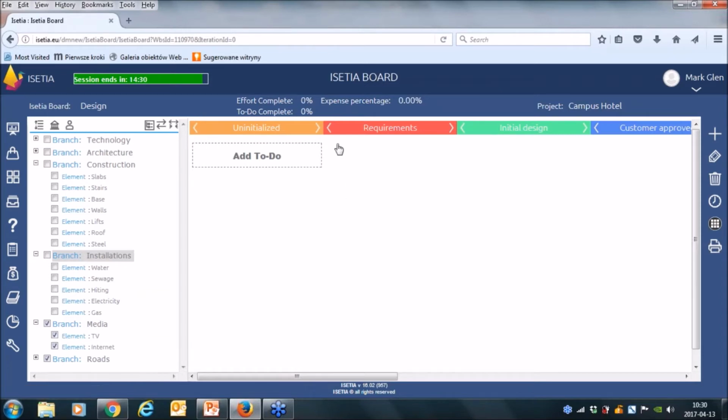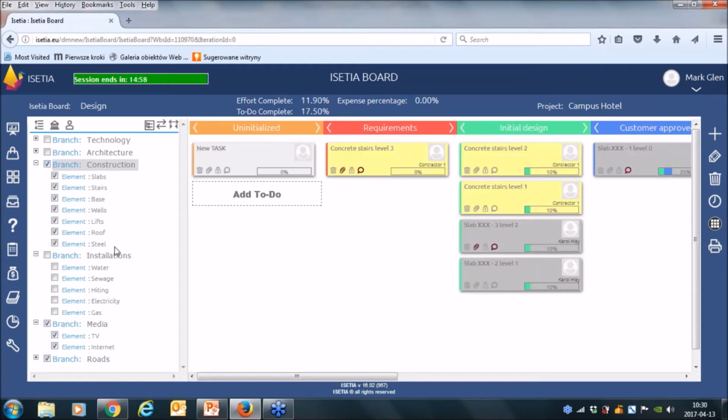Okay, so this is our base: branches, elements, and process. Now, when I go to, for example, construction, and I mark the construction, I can see some more information, because each box represents a very detailed work to be done by a concrete team member or resource.